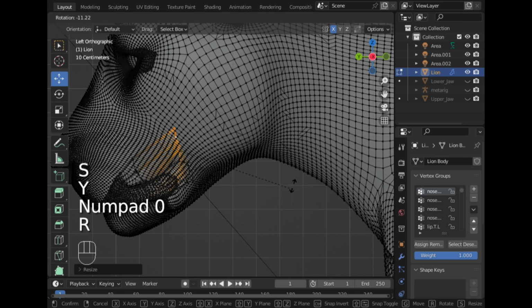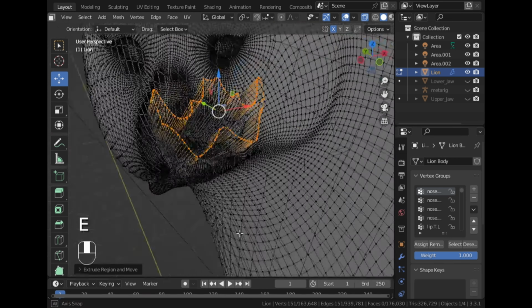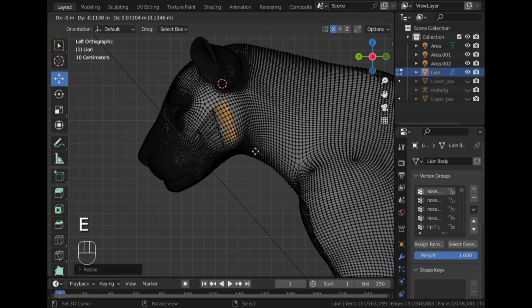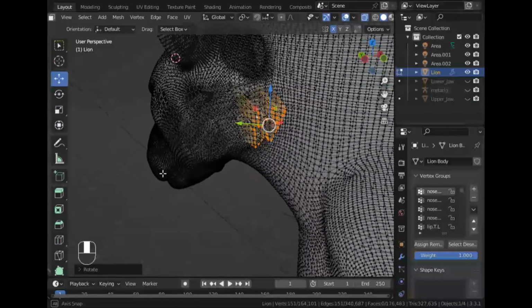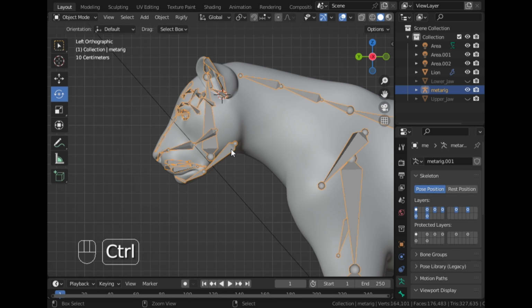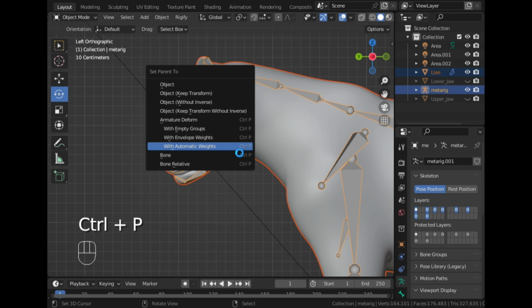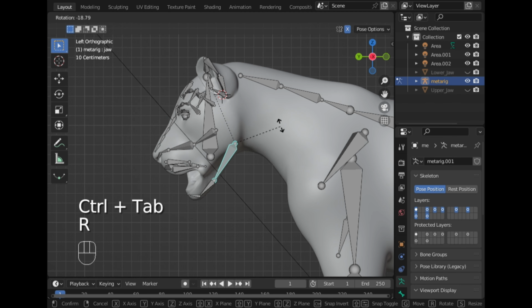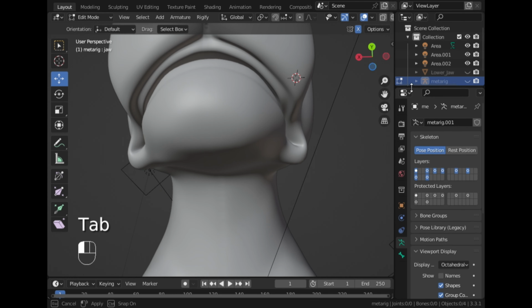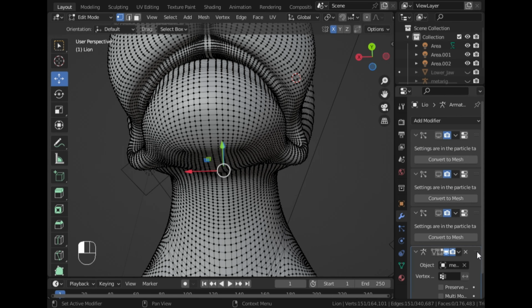So now you can just keep extruding each of these loops, just extrude it till the neck of the lion. And once you complete this, what we can do is reparent this with the automatic weights after clearing the parent. So now you can see there is a much better result,